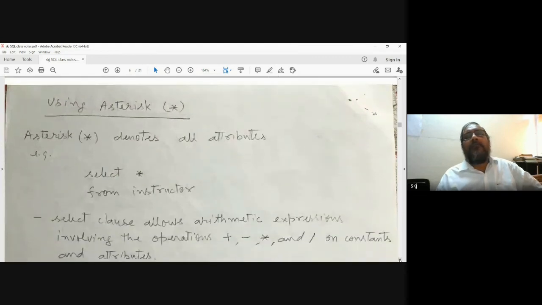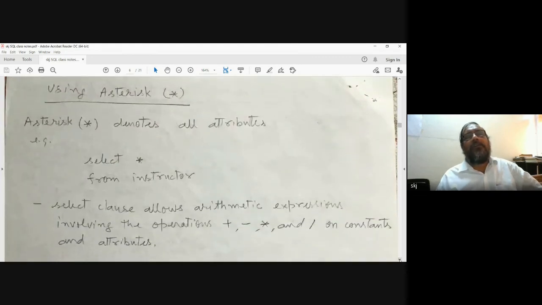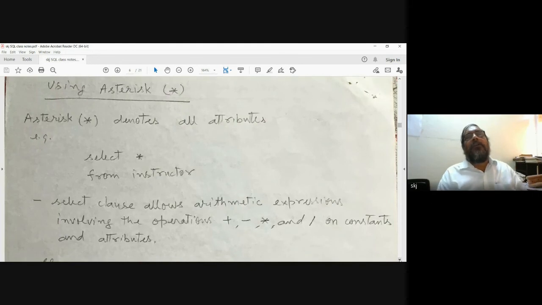Now this asterisk, or star symbol, is used in SQL to denote all attributes. In a table, suppose 5 attributes are there, then one solution is to write all the names of the attributes.